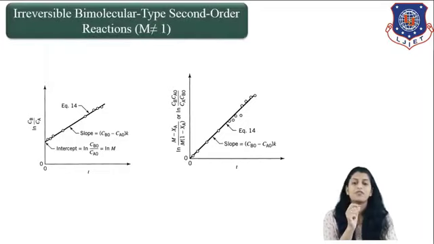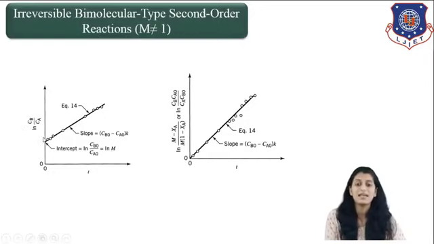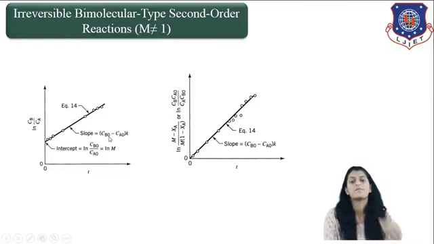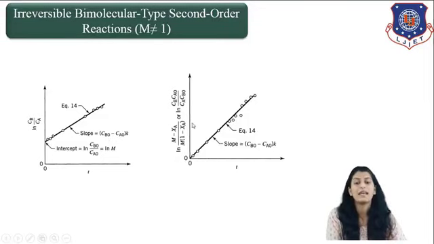Let us see the graph of this particular case. As you can see here, if you plot ln(CB by CA) versus time, it will have some intercept which is ln(CB0 by CA0), or in simplest form ln of M, the initial molar ratio of your reactants. And if you plot ln((M minus XA) upon M(1 minus XA)), then it will be in the form of a straight line starting from the origin, right? So this is all about the first order and second order reaction using the integral method of analysis.